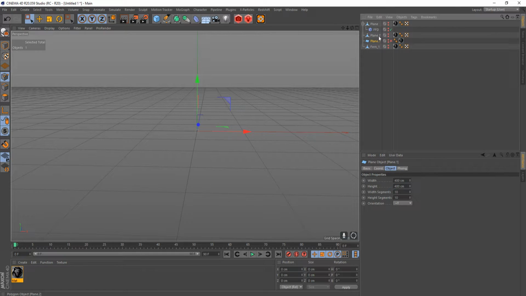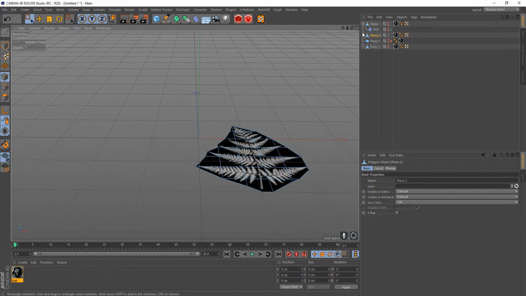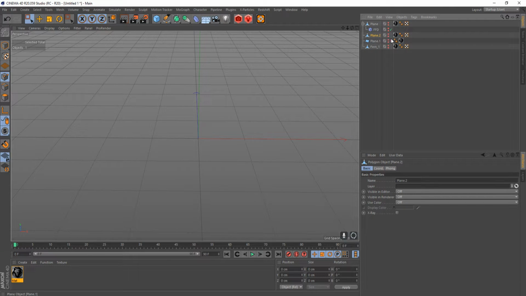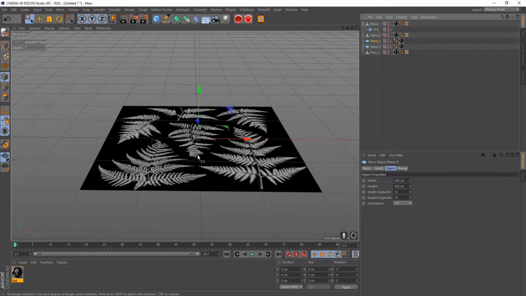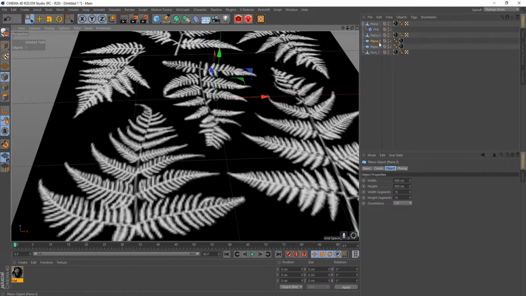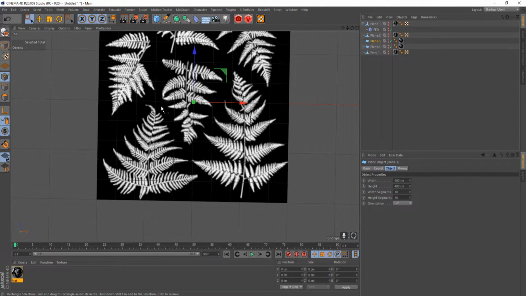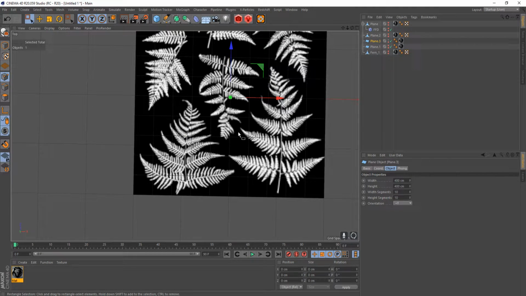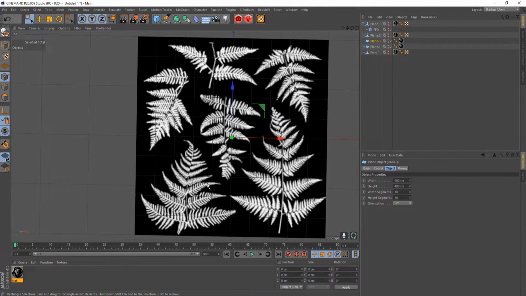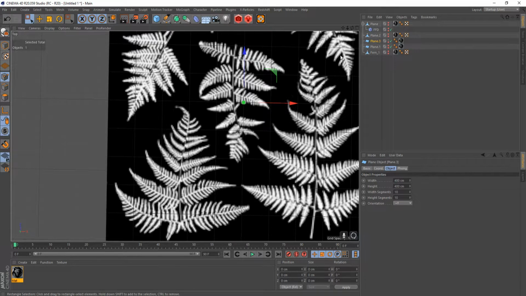And then let's go back to maybe this plane. Nope, not the one we wanted. Let's go back to our original and let's make another copy of it. Oops. Make another copy. Just disable our first one. Let's go ahead and set this up so that we can cut out this second fern as well, this one right here. So you're gonna just do this for every single one. I'm just gonna do 2 just for the video's sake,